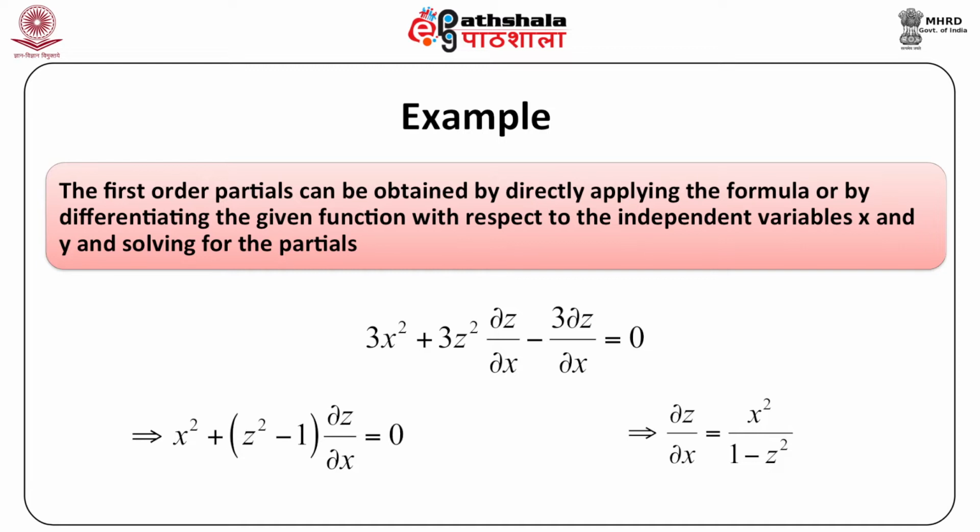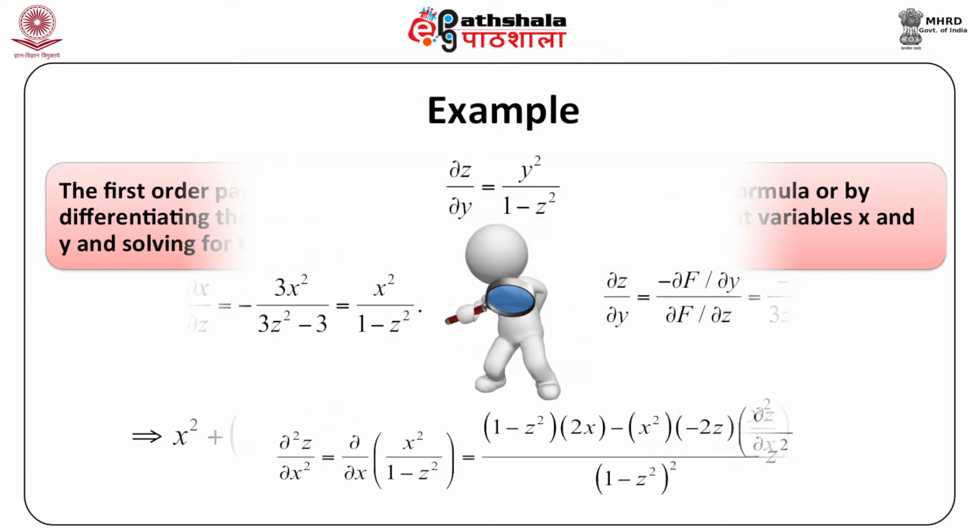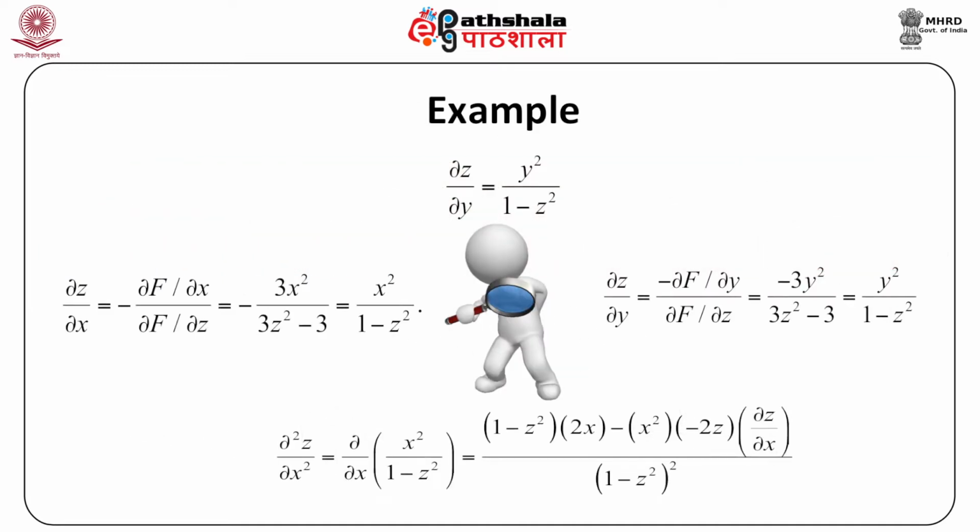minus 3 del z by del x is equal to 0, which implies (x squared plus z squared minus 1) into del z by del x is equal to 0, which implies that del z by del x is equal to x squared by 1 minus z squared. Similarly, differentiating with respect to y, keeping x constant and solving for del z by del y gives us del z by del y is equal to y squared by 1 minus z squared, or applying the formula del z